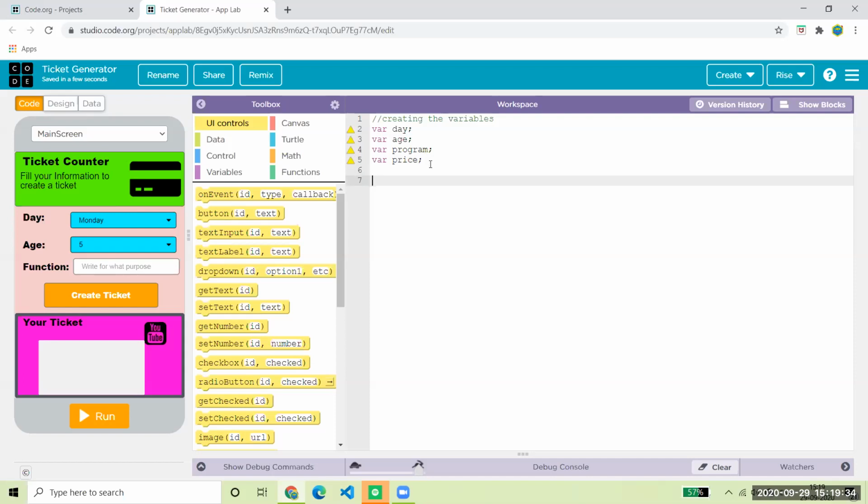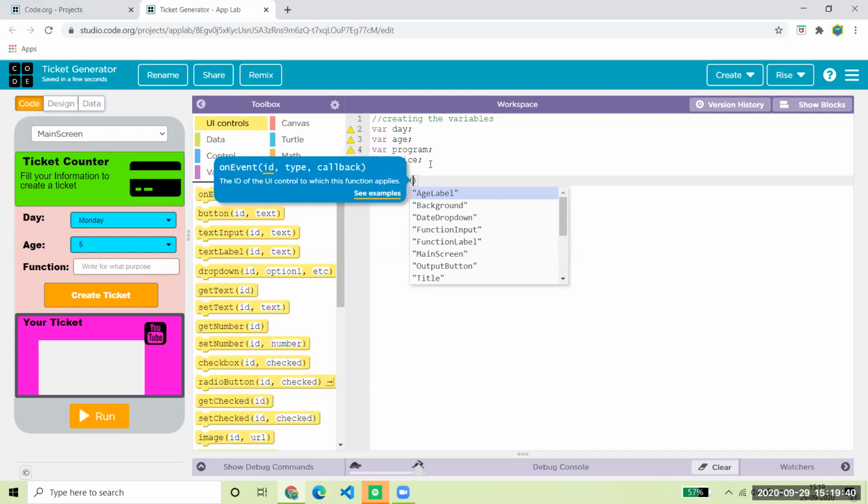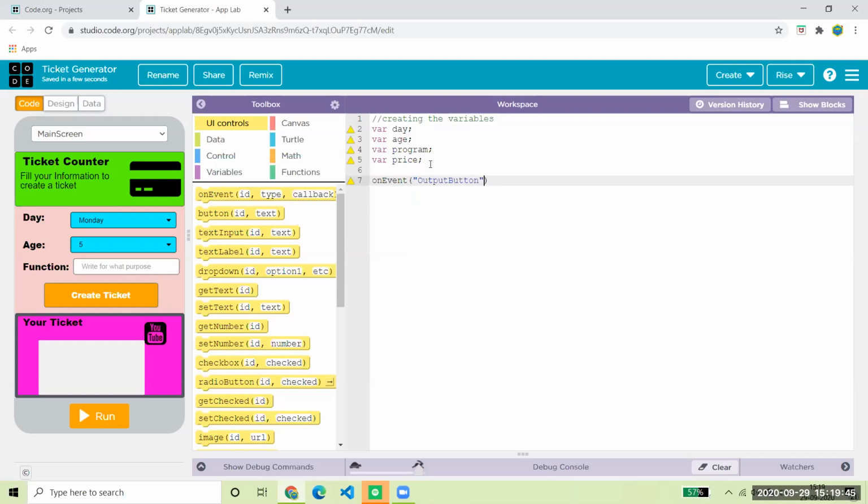Now there's a function known as onEvent. First let me write, then I will explain it properly. Yeah, that's great.